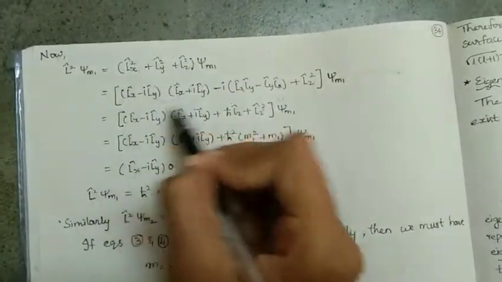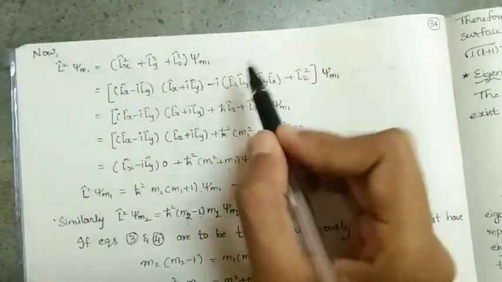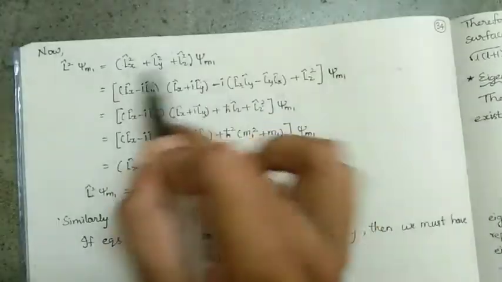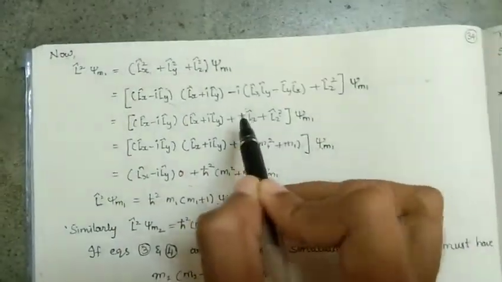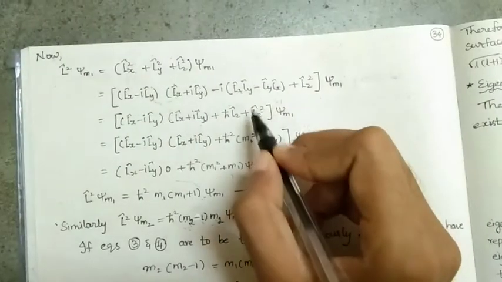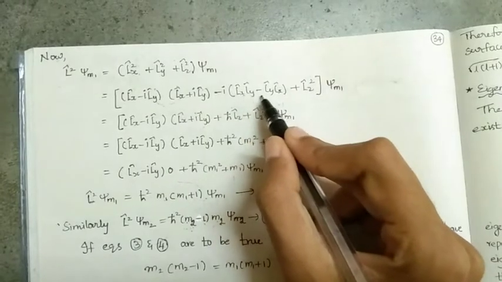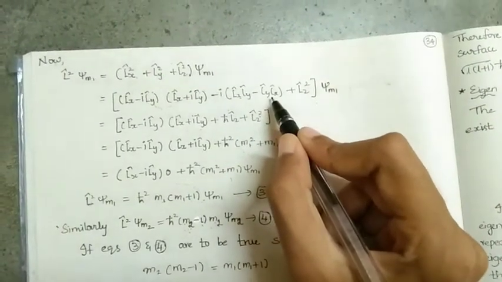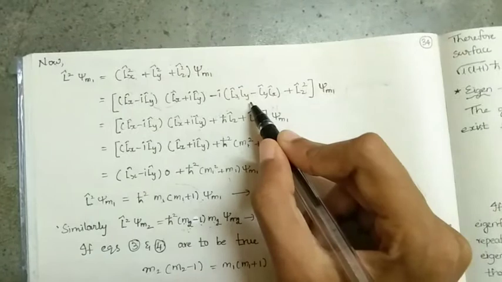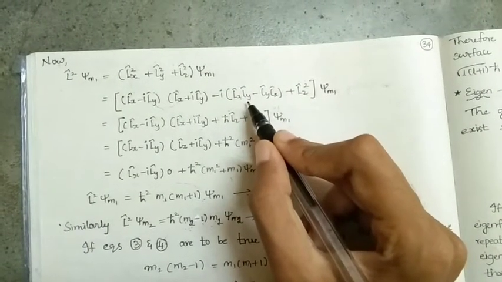So here we would have 4 terms. Out of those 4 terms we need to eliminate 2 terms. So because of that we are including this term. So finally we would have this. So this is the simplification procedure. And next thing is, as we know, this is of the form Lx Ly minus Ly Lx, that is the commutation of Lx comma Ly. So the commutation of Lx comma Ly is nothing but I h cut Lz.